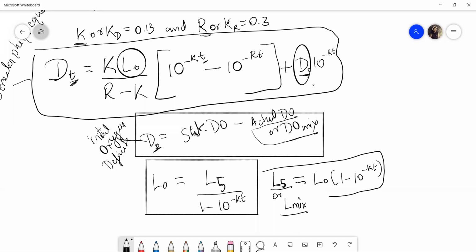This was the actual formula. To find L naught, we just divide L5 or L mix, that is BOD mix, by 1 minus 10 to the power minus KT. So these three formulas you have to remember if you want to solve the problem. Make note of these three formulas. DT is oxygen deficit at time T. D naught is